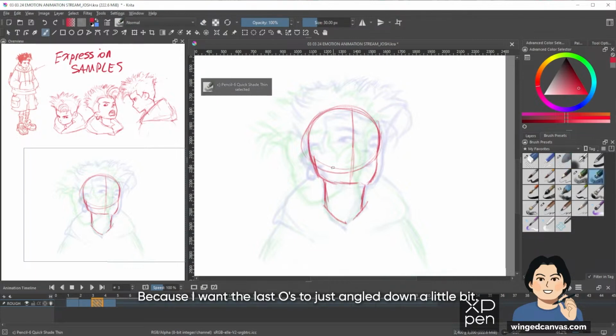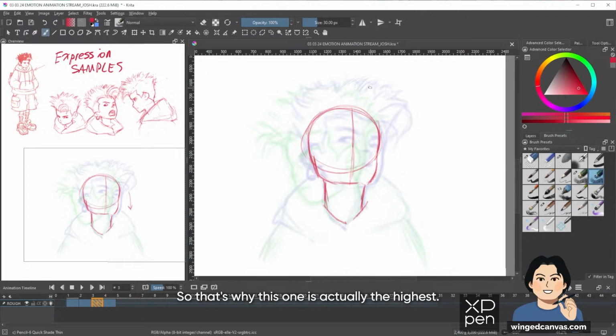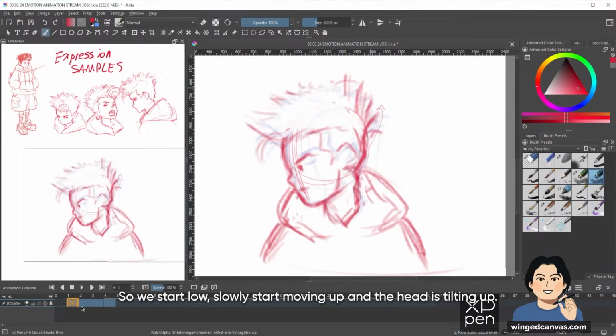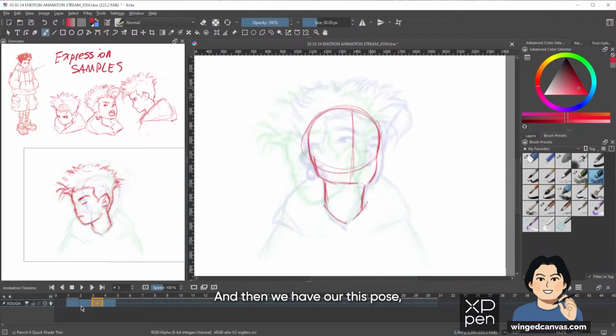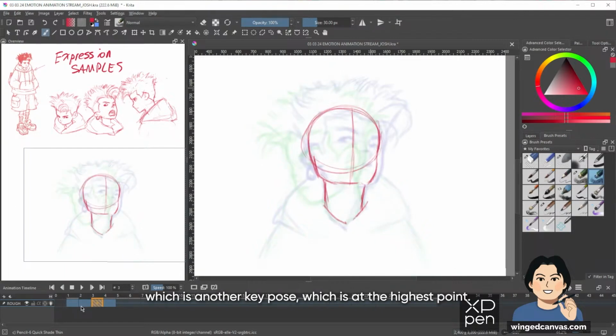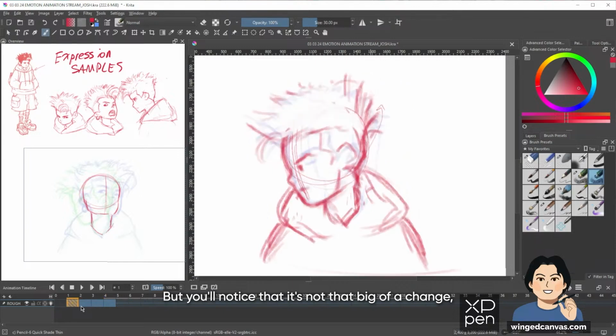Yeah, because I want the last pose to just angle down a little bit. So that's why this one is actually the highest. We start low, slowly start moving up, and the head is tilting up. And then we have this pose, which is another key pose, at the highest point. But you'll notice that it's not that big of a change.